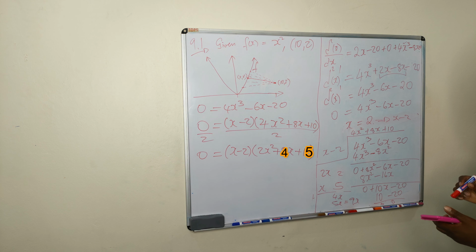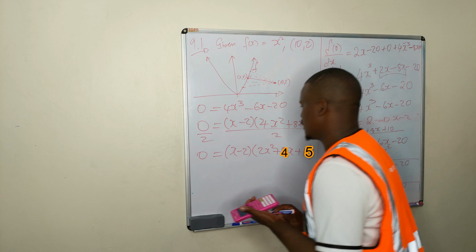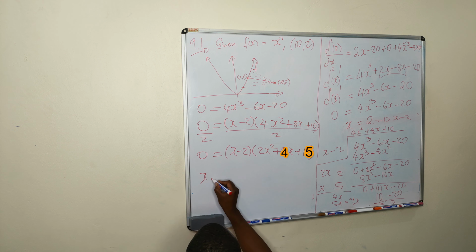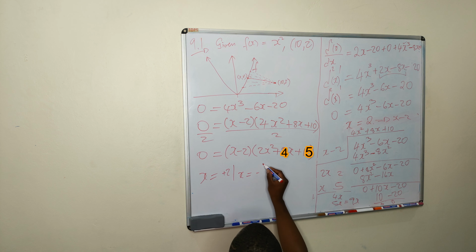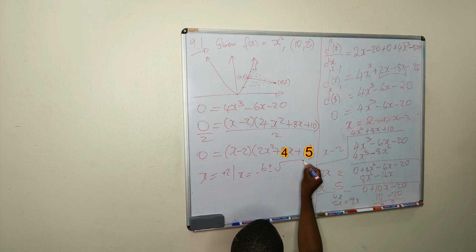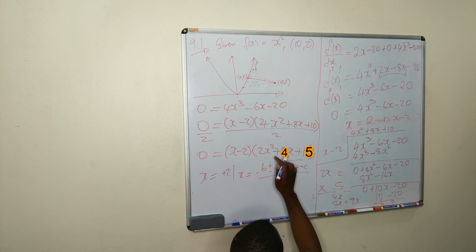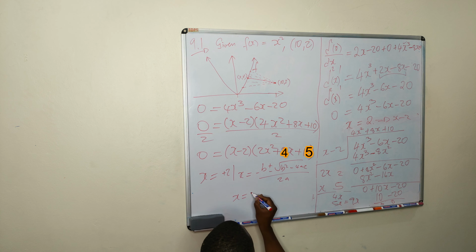Actually, you know what we can do? I think we can just plug this straight into the quadratic formula. So you can say x is equal to positive 2, or x is equal to negative b plus or minus square root of b squared minus 4ac all over 2a to get the values of this. So x is equal to